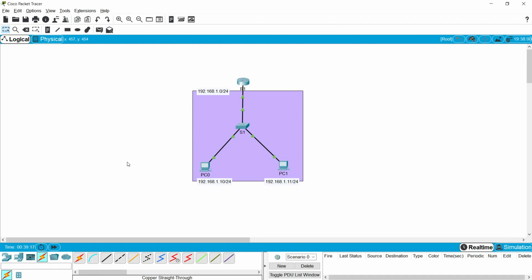Okay, in this video we configured the router interface. Also we configured the switch virtual interface, that is SVI, for management purposes. Also we connected this single network to this Cisco router. Here we used IPv4 addresses. In the next video we will go with the same topology with IPv6 addresses, and we will see how we can assign IPv6 addresses to the router interface and to these PCs.